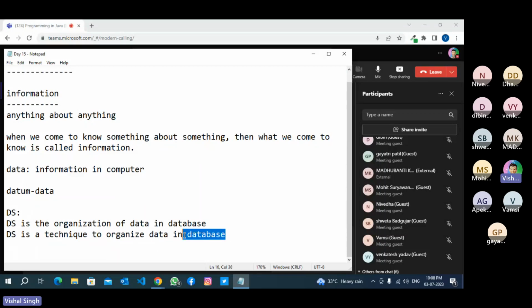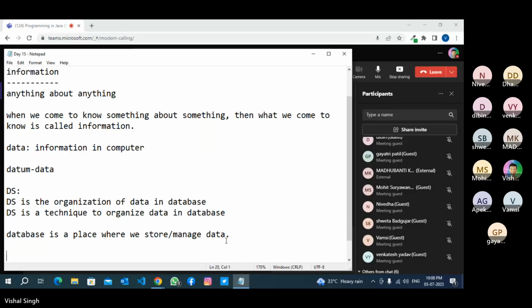What is a database? A database is a place where we store or manage data.